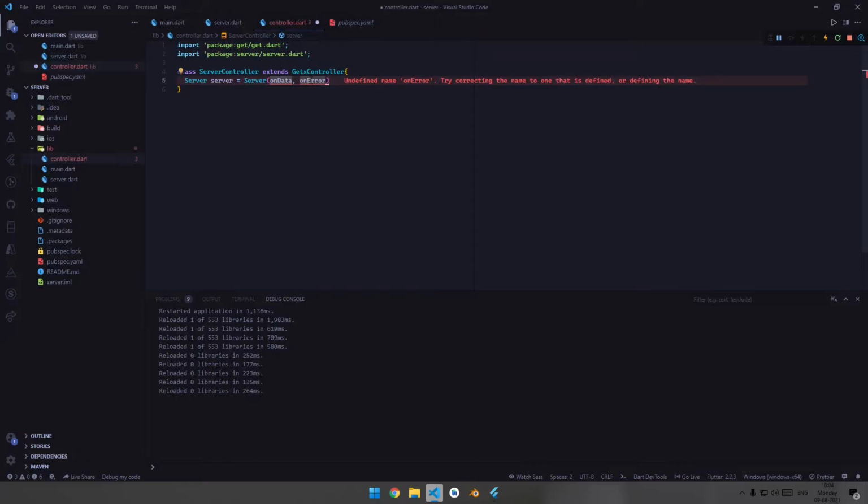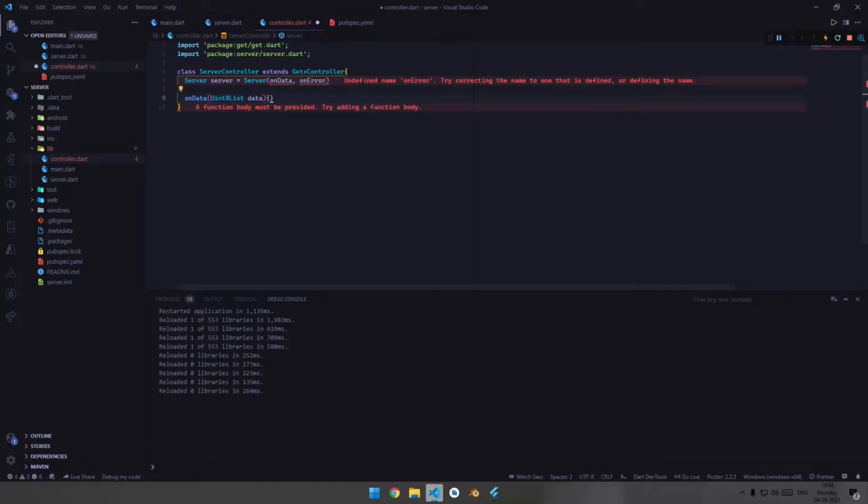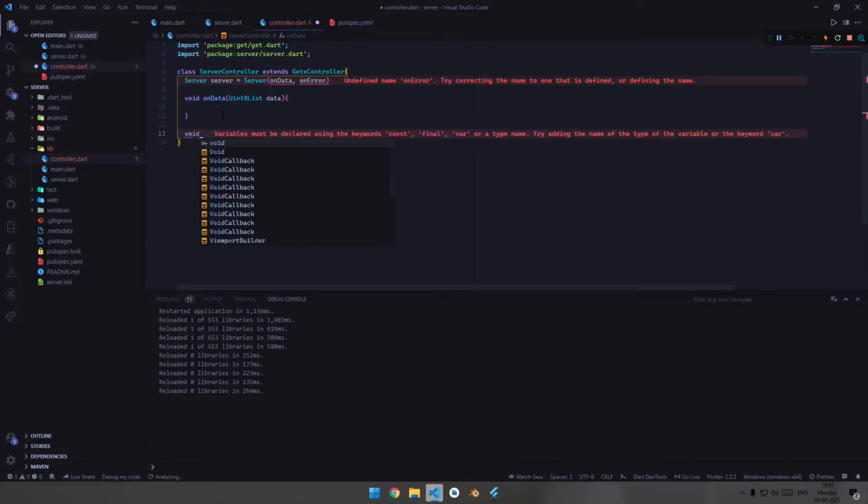Now you need to initialize this onData function and this onError function. Now let's declare the onData function. You need to pass a Uint8List inside this, let's say data, and this will be of type void.